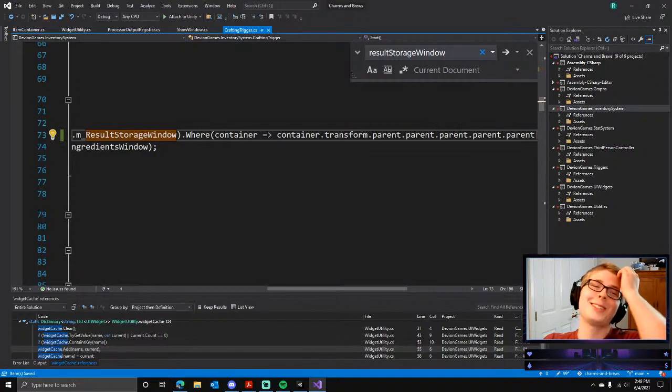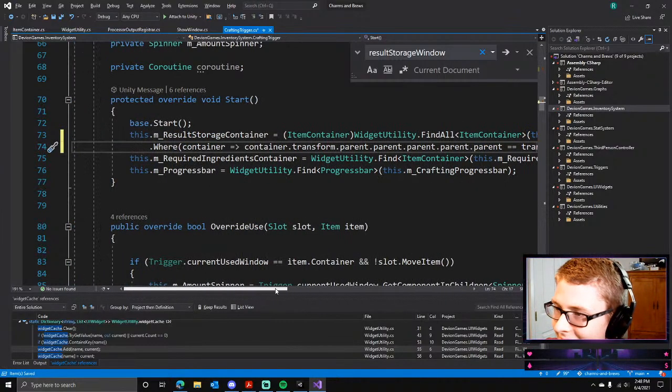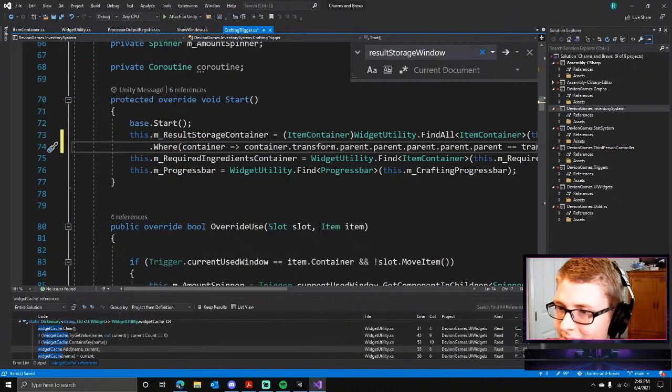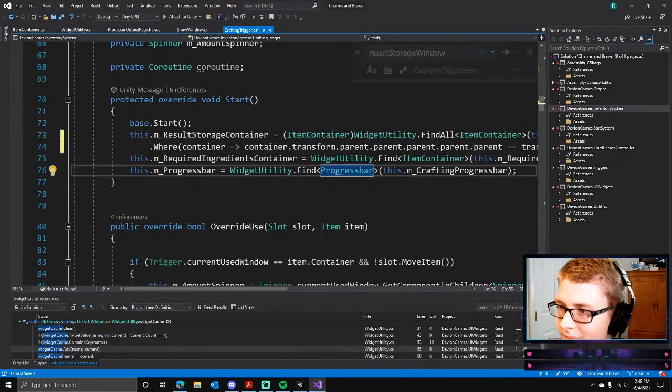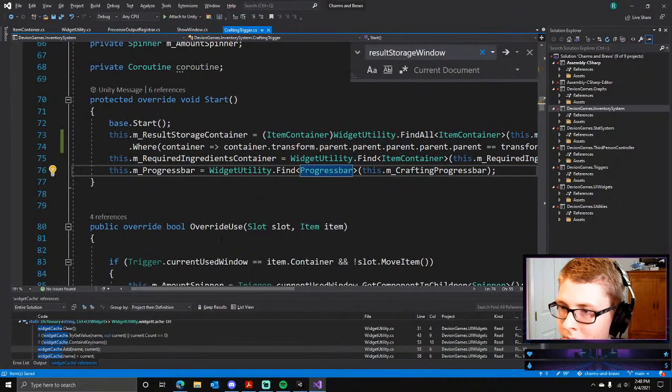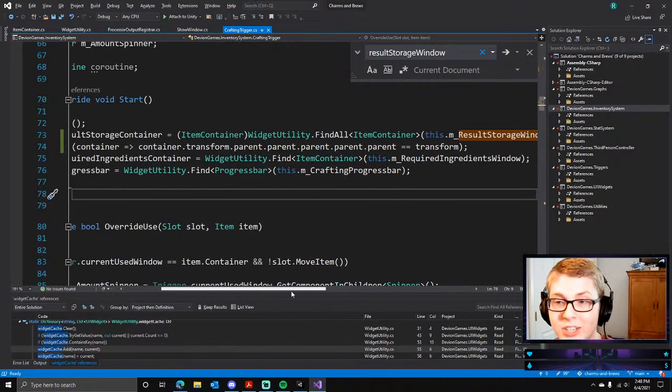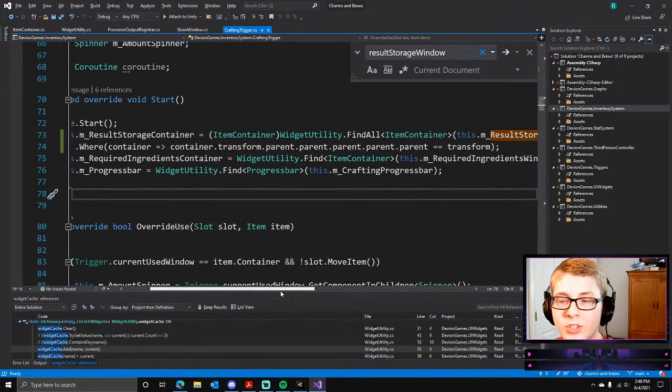This looks so stupid. This is so scuffed. What the hell? So basically, they have a widget utility built in, and I don't want to circumvent it because I don't want this to get out of hand. So I'm just using their widget utility, but with the stipulation that